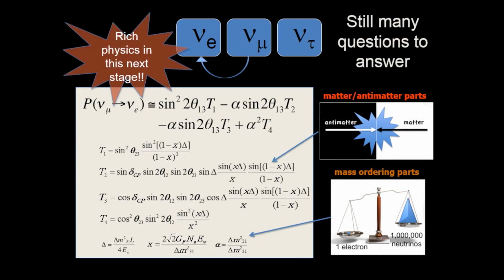Okay, we're not going to go through it, other than to say that the physics content of this subdominant oscillation is enormously rich. Because each of these terms is coming from different things. In particular, it's describing differences between neutrinos and antineutrinos. You can do this experiment with one and then the other and compare, and they should be different. They could be different. And it also has something about the ordering of those states that we drew earlier.